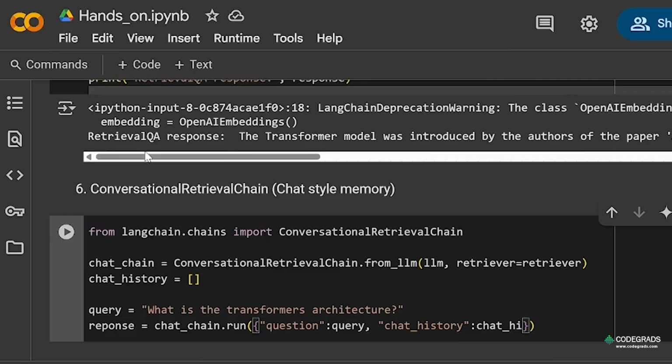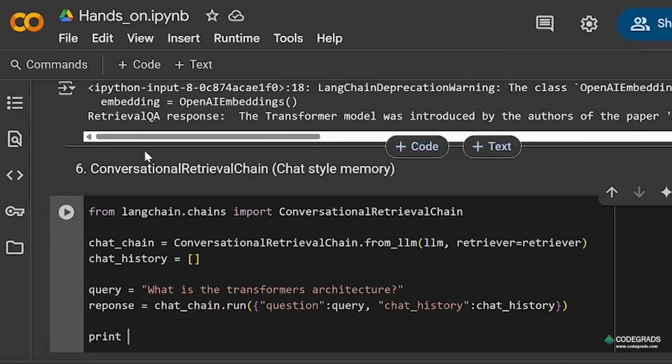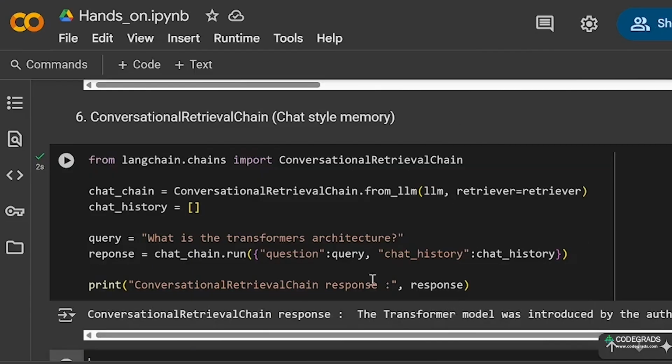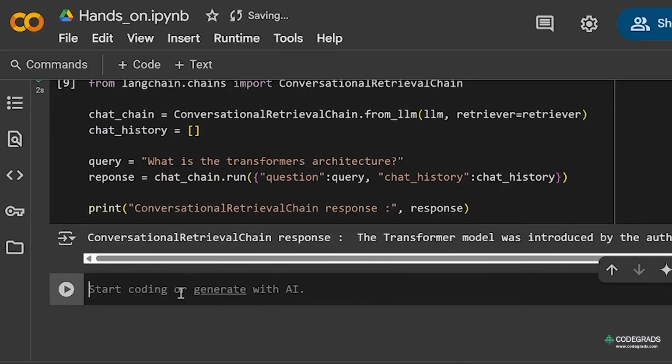And I'll print it. The transformer model was... what was the question? What is the transformer model architecture? So the transformer model was introduced by the authors of Attention Is All You Need. Now when I check chat history,